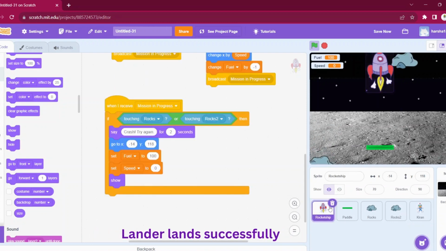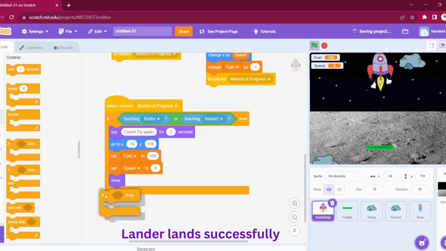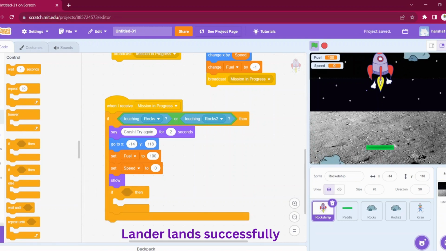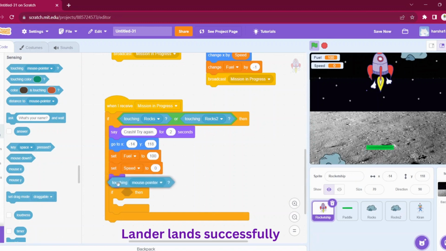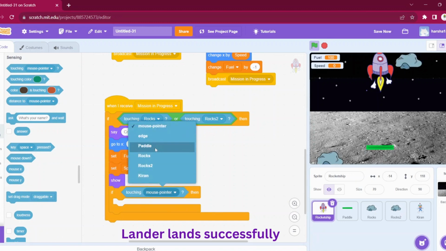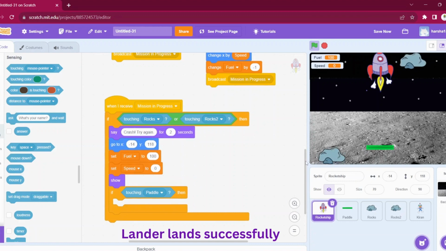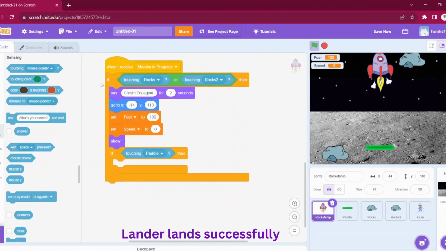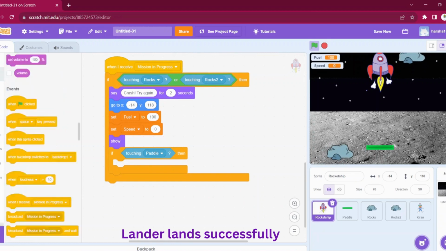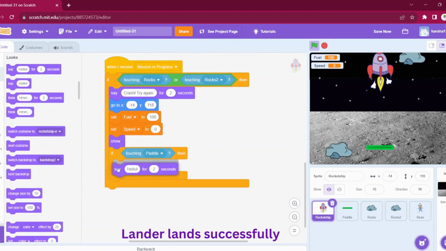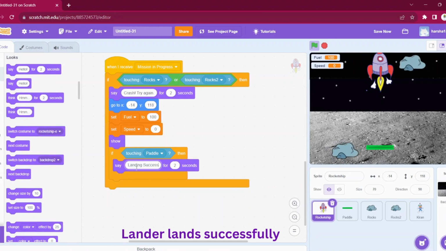So for completing our mission, we want the rocket ship or the lander to be touching the paddle. Okay, so we will write some condition for that now. Let us go back to control, add another if then block, go to sensing, add touching the paddle. So whenever we touch the paddle, we want it to say that landing is successful. Add say